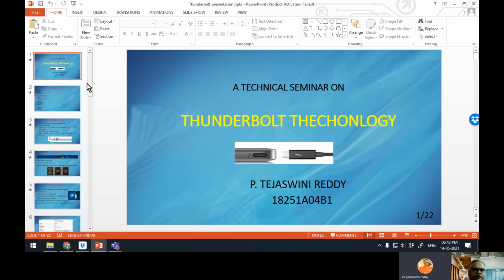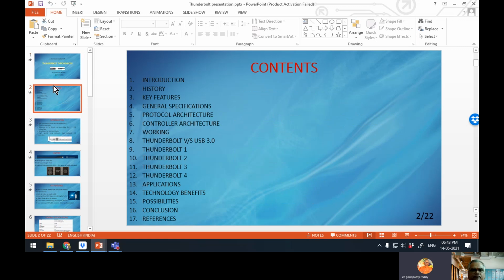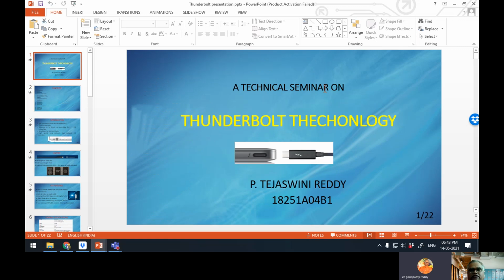These three are three different styles, but all are good. All I edited wherever necessary, modifications done. So these things definitely will help you prepare better PPTs. So here, a technical seminar on, here yellow color selected because this should be highlighted. Name, roll number. Roll number here purposefully I kept in the center.